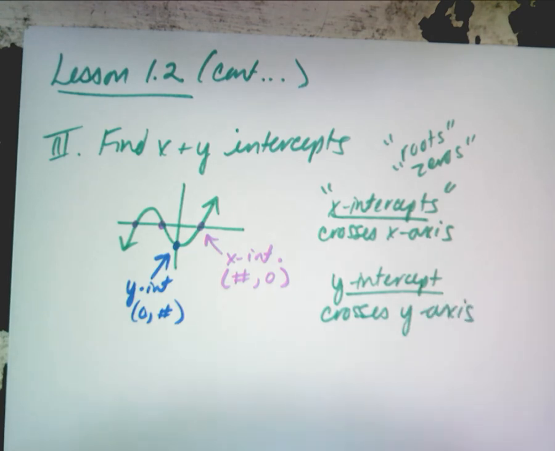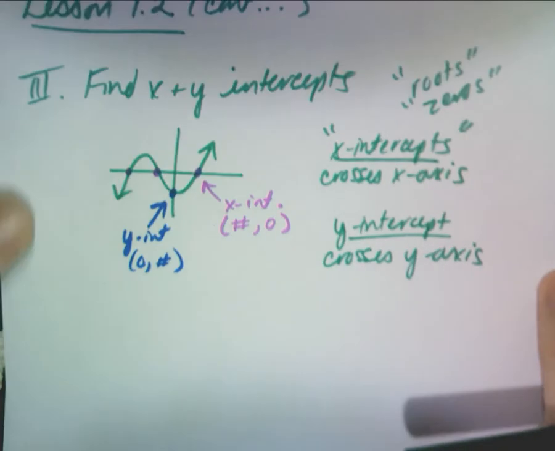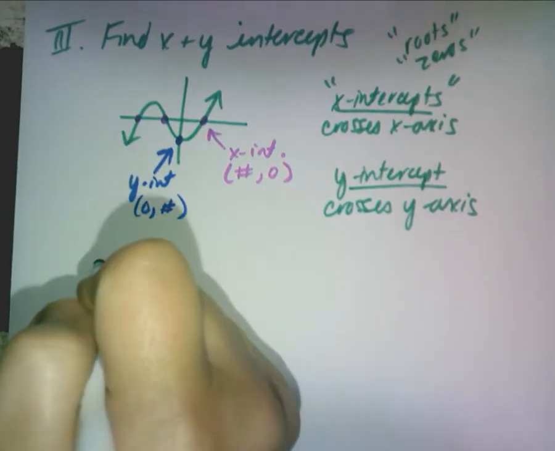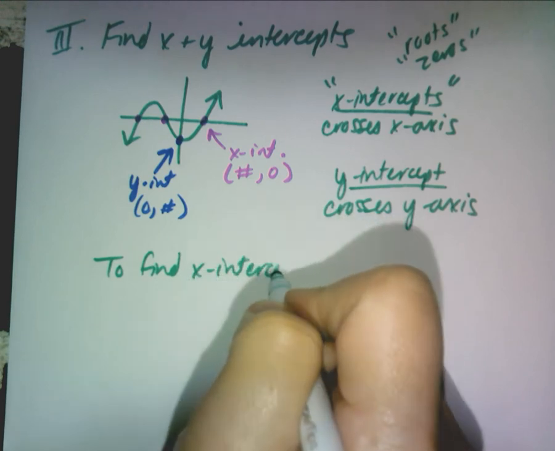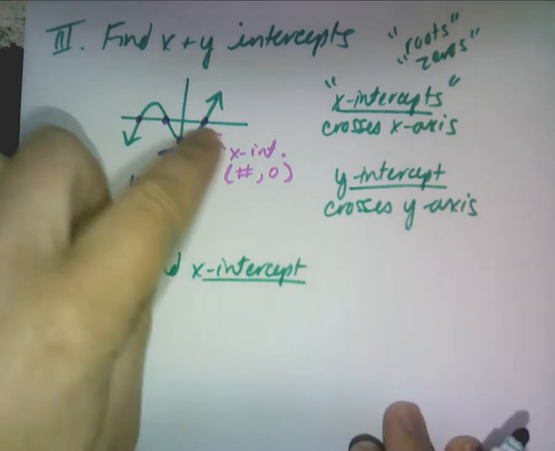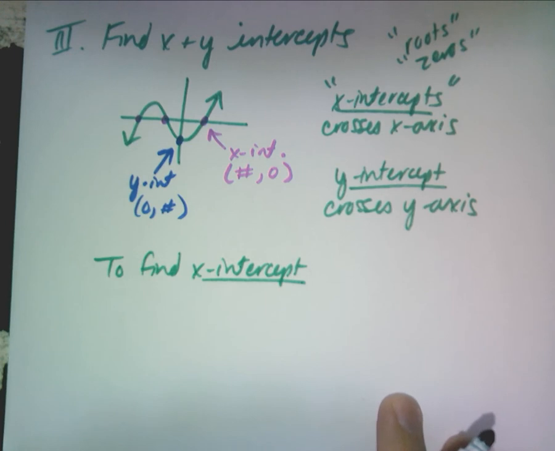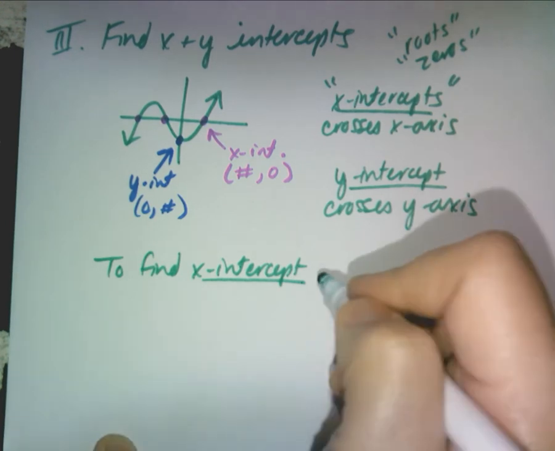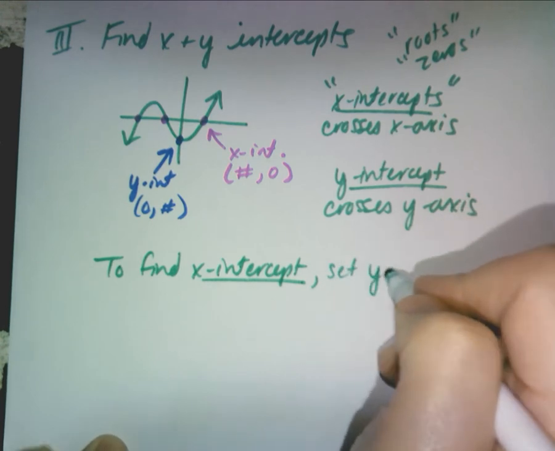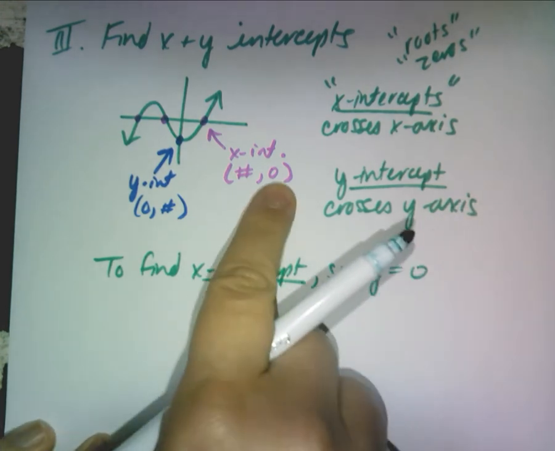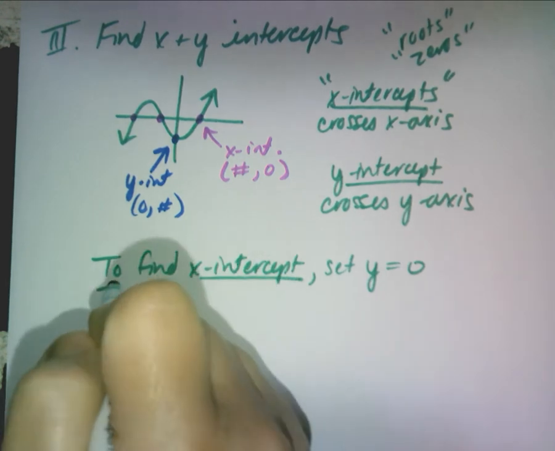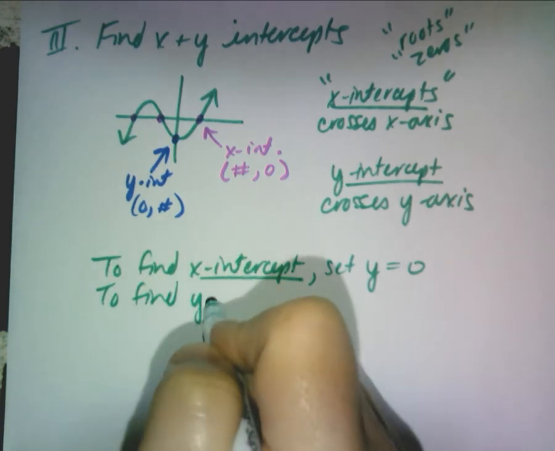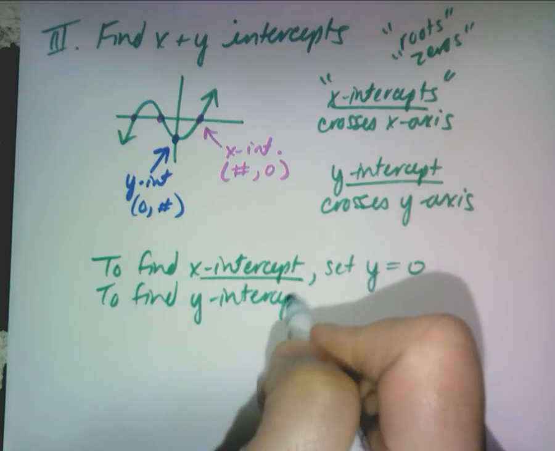All right, so now let's just give you 2 ways to find your x and y-intercept. So to find an x-intercept, and we're going to do it algebraically. So you can do it graphically. It's pretty easy to see it on a graph. But let's do it algebraically because you won't always have your calculator and graph. To find an x-intercept, you set the y equal to 0. The y is 0. Set the y equal to 0. To find a y-intercept,